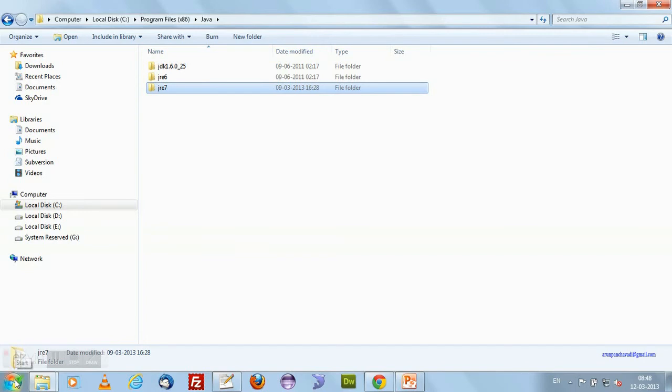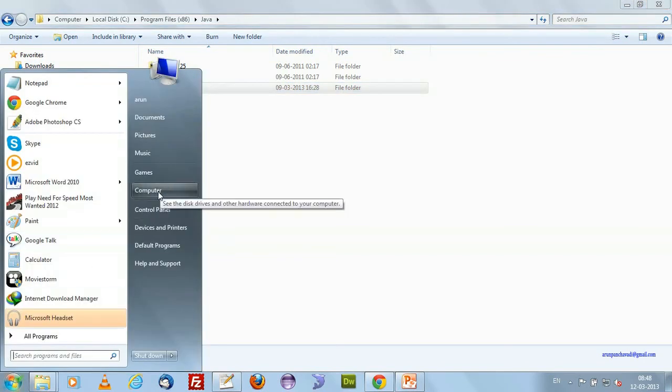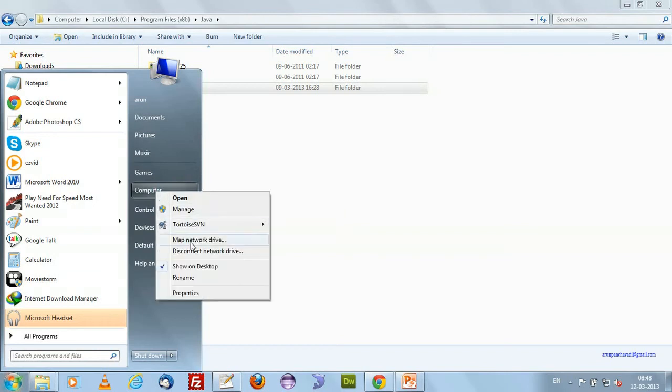So here is how to set up the JDK Java development environment. Right-click on My Computer and take Properties. You will see Advanced System Settings. Click on that,